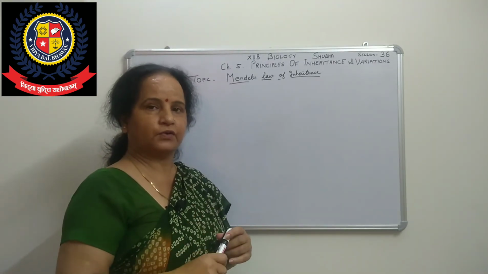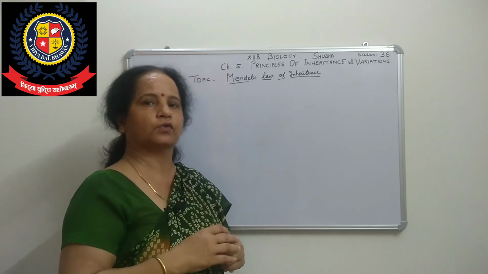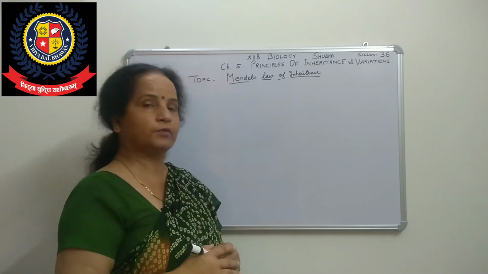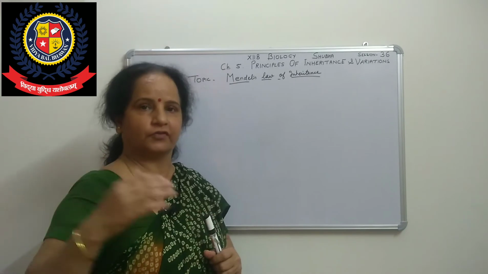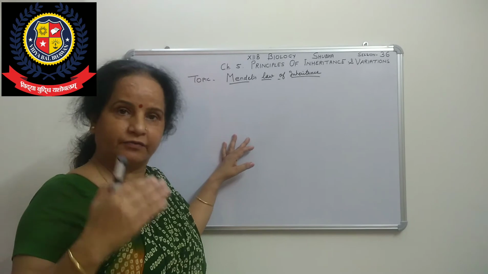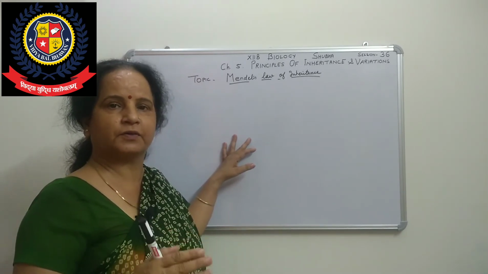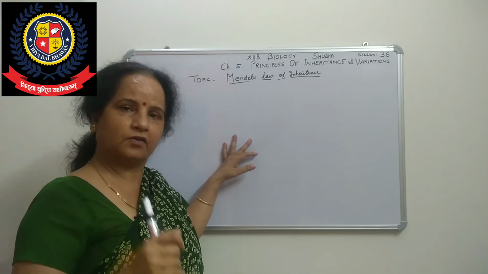In the previous class I told you about the dominant trait and the recessive trait. As in class 10th also you have done, dominant traits are exposed, and recessive traits are not exposed, but they will occur in the F2 generation. Now, how do we write them? Dominant traits are always represented by capital letters and recessive traits by small letters.